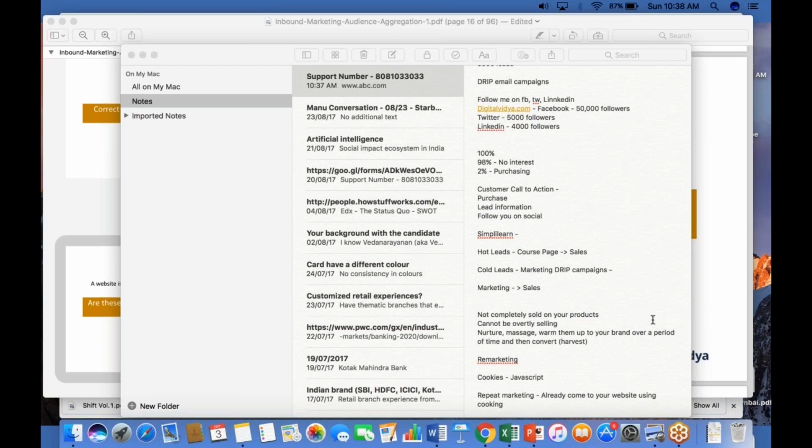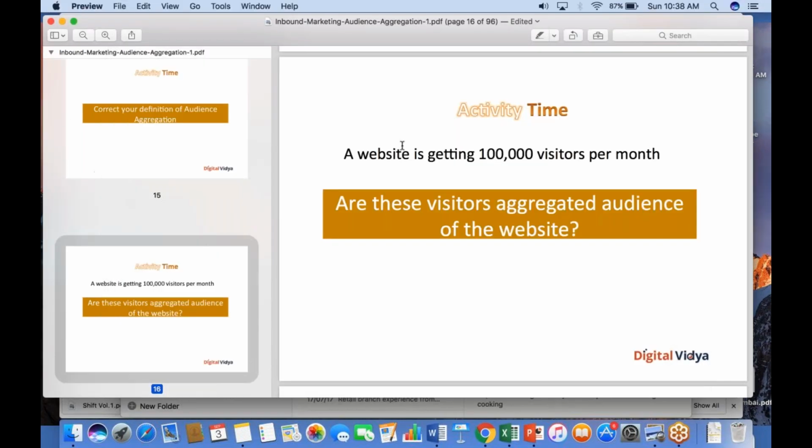As long as you use the same device and the same browser, the remarketing ads keep following you using that cookie, which is embedded on your local computer. So an argument can be built that because of the availability of remarketing, even the traffic which a person attracts to a website is, in a sense, aggregated audiences. But the amount of intelligence and the amount of slicing and dicing which you can perform on remarketing is limited. And what we're essentially talking about here is audience aggregation through email, and that is not something which is possible just basis traffic. So in that context the answer is no. Is that clear?